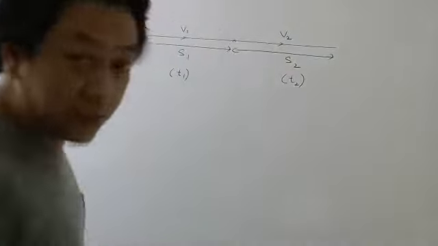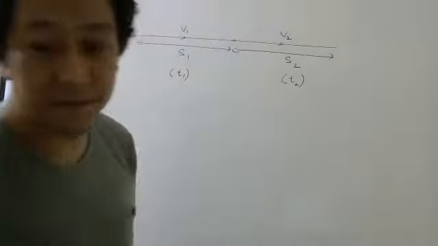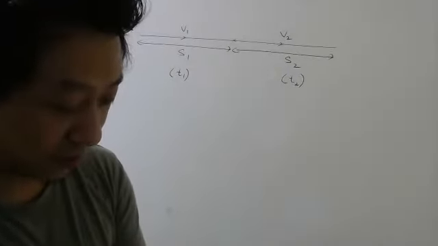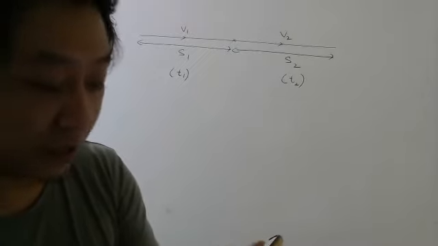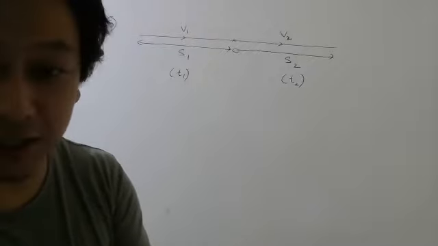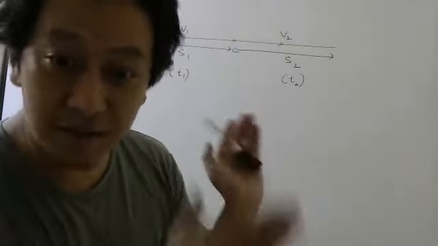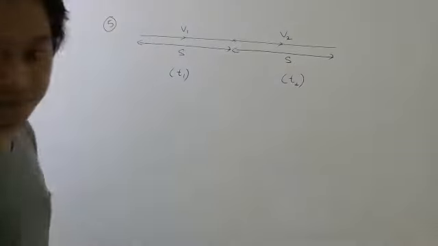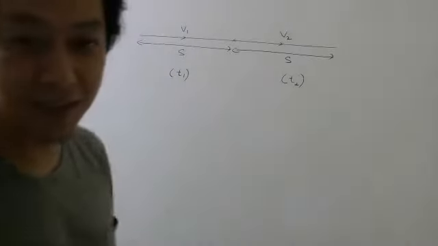Now, in this question, they told what is same? Distance is same or time taken is same? Read the question. Let me read for those who don't have the question with you. A person travels along a straight road for half the distance with velocity v1 and remaining half. So the total distance is divided equally. So this distance and this distance are same. So if it is same, why to write S1, S2? I will write S. Okay, students.